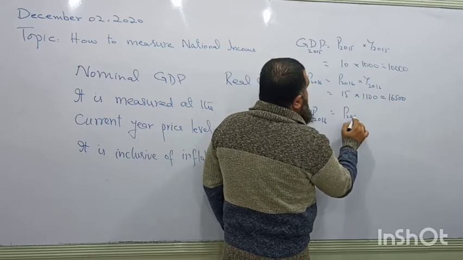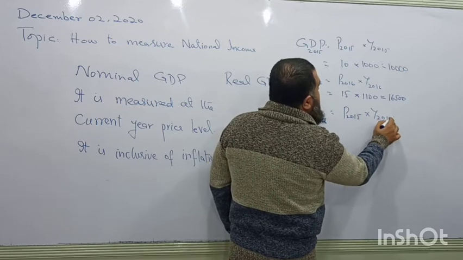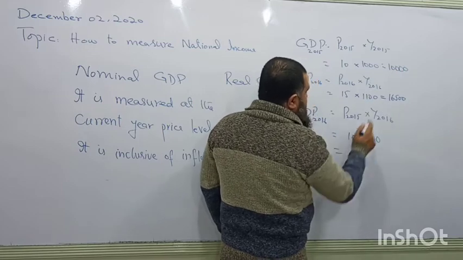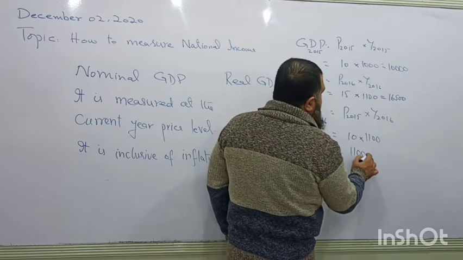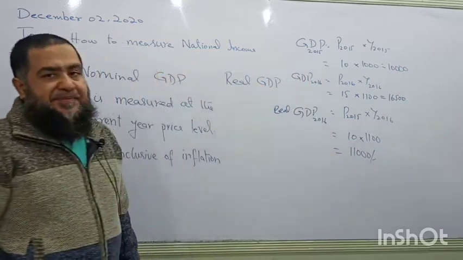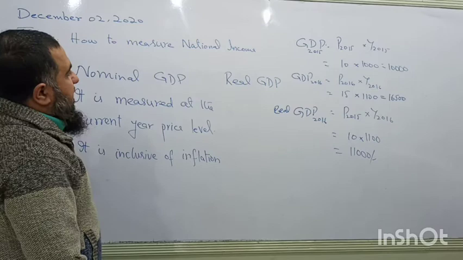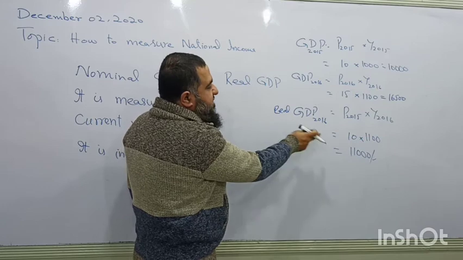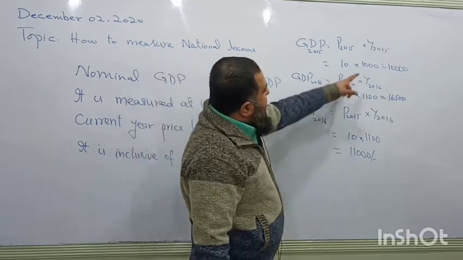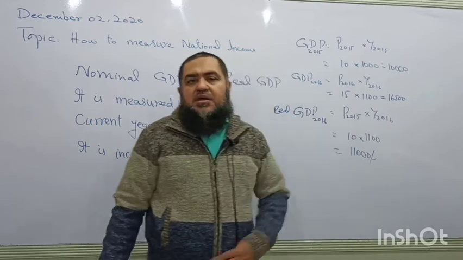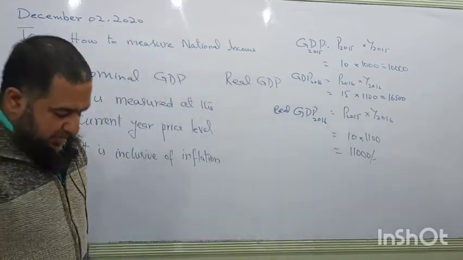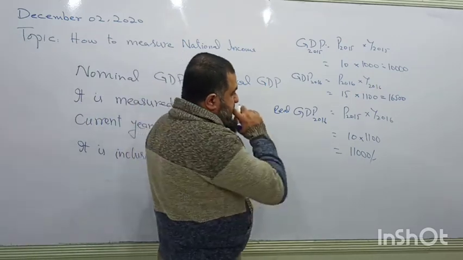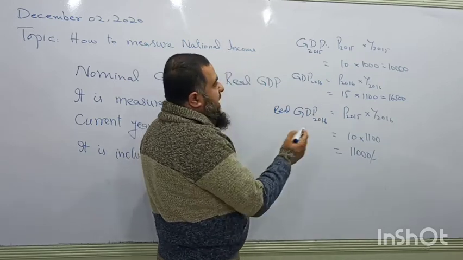Base year prices of 2015 multiplied by output of 2016, you can easily see in real terms our GDP has been only 11,000 instead of 16,500. So now this real value of GDP of year 2016 that is exclusive of inflation tells us GDP has only grown by 10%, not by more than 50%. If you are saying that was the growth of prices, not the growth of output produced. Okay, now you can find how much prices have increased.